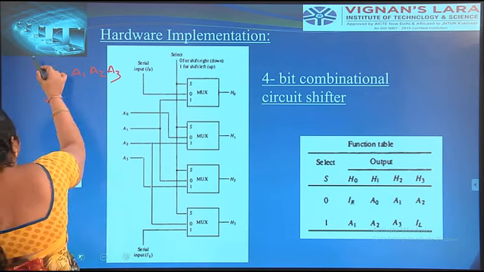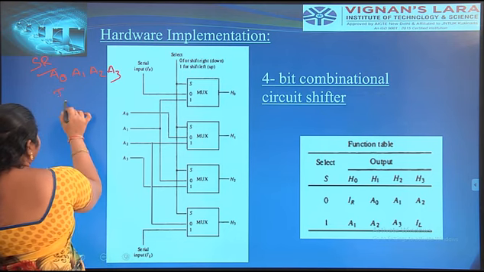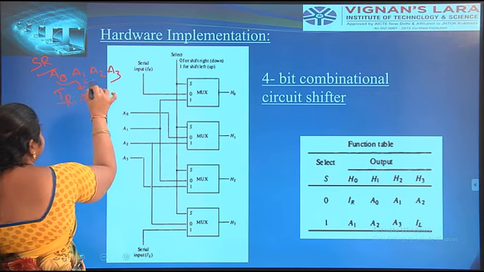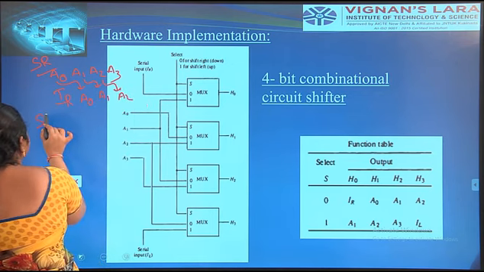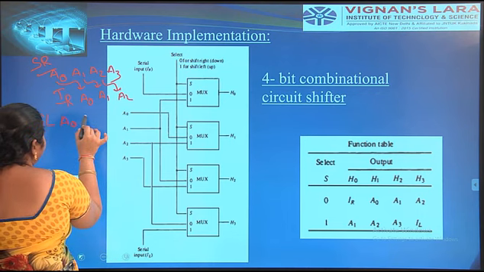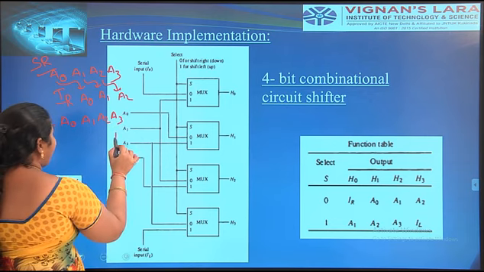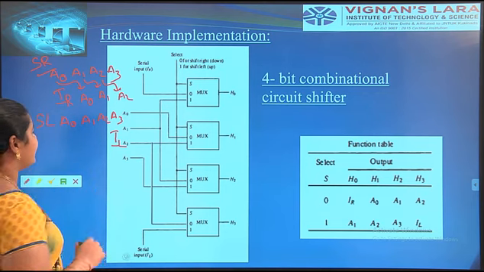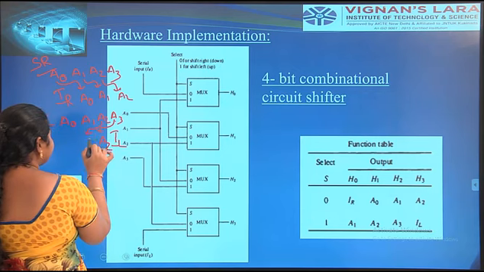First of all we have to take the shift right. Shift right means on the right side we have to place IR. Next we move one bit to the right: A2. Next, shift left. Here the inputs are also A0, A1, A2 and A3. IL denotes the shift left serial input. Here the information is moved one bit to the left side.